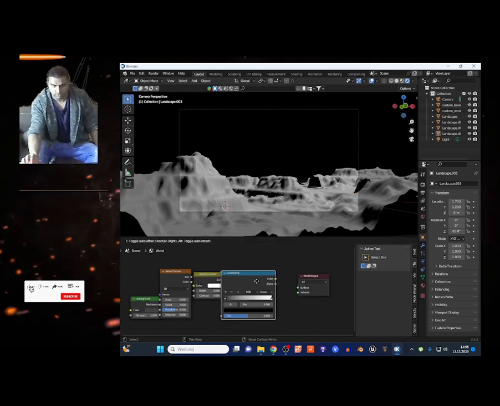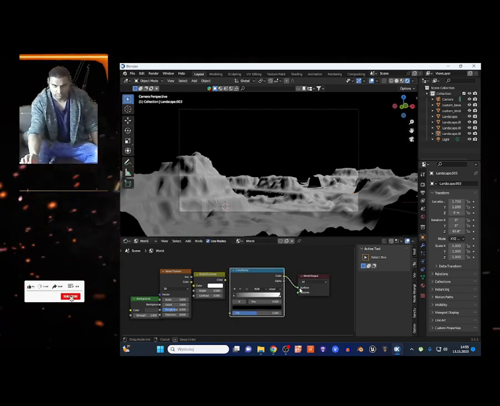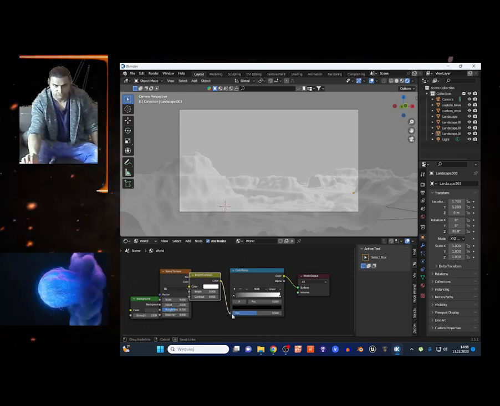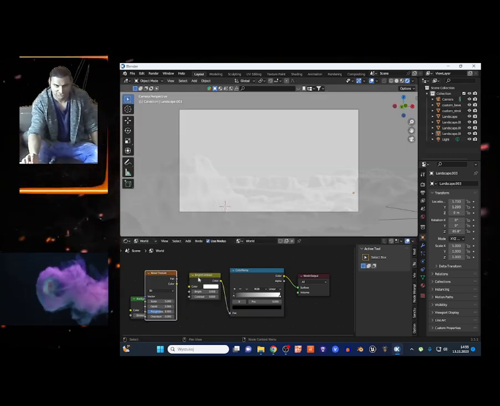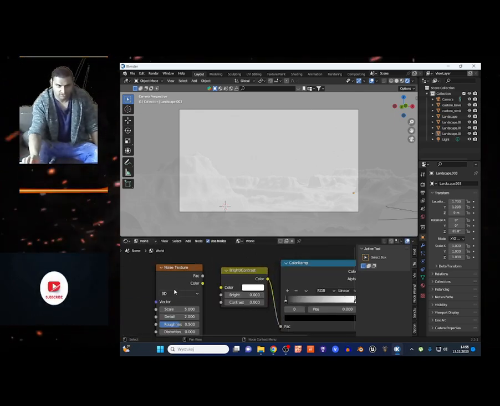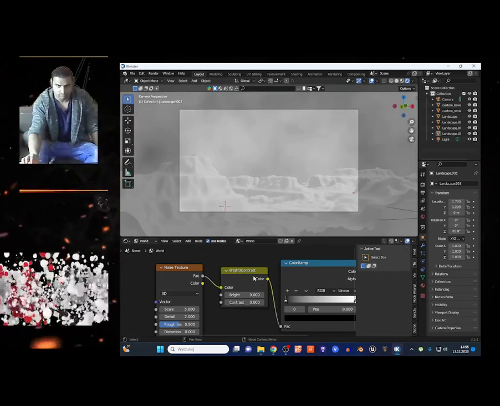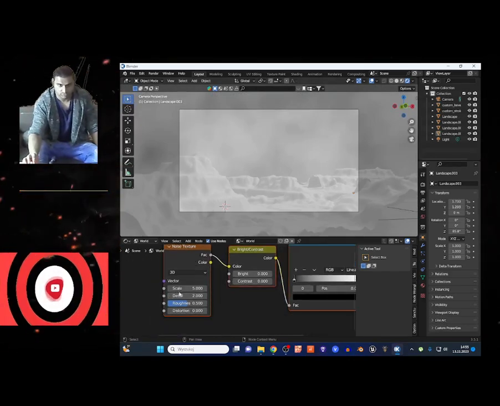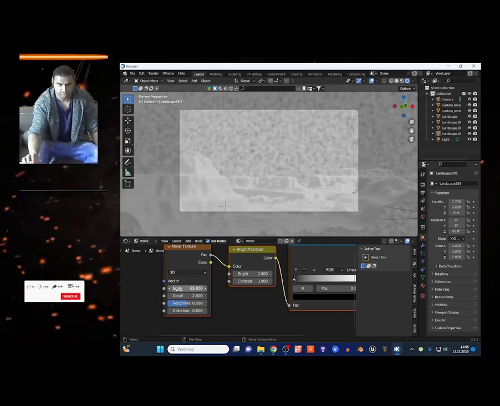Now you must connect those three nodes together, so right here color ramp, color goes to the world output, brightness and contrast, bright and contrast goes to the color ramp, yes, this contrast stuff, and noise texture goes to the contrast. This doesn't look like space, don't worry, you can crank up the scale on the noise texture,